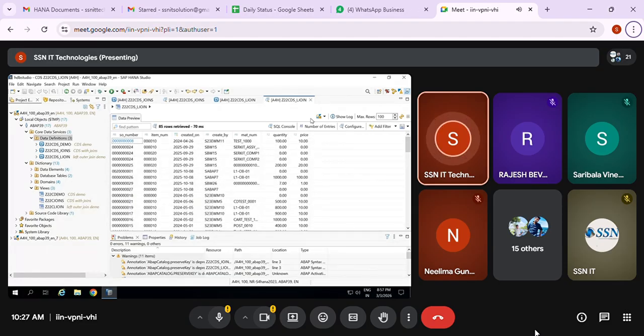So this is about 85 rows retrieved. Here how many did we get? 79. Inner join means only matching data is going to be fetched. Left outer join means along with the matching data, you can see material number is not there, price is not there, and item number is not there. Only we have VBELNs. It means in the VBAK table I have the data, VBAP data is not available, but still it will fetch. Left outer join. Clear, ma'am?